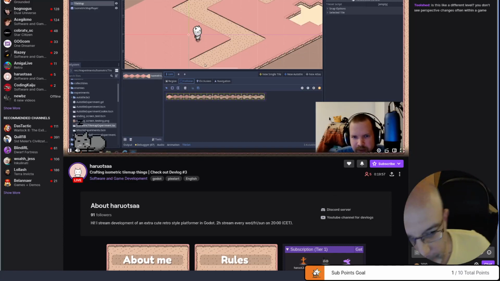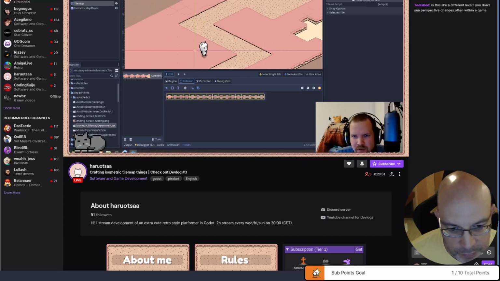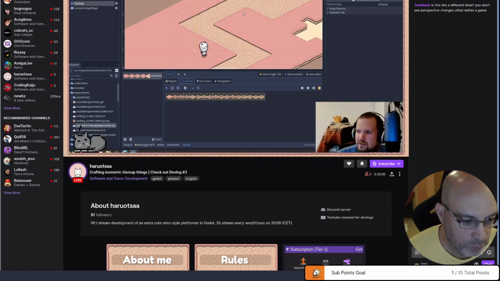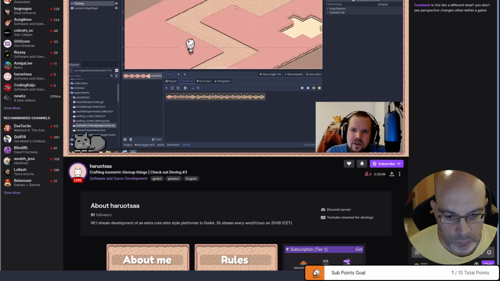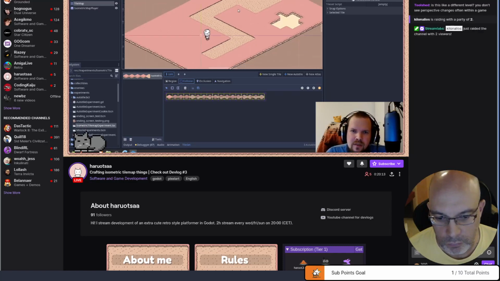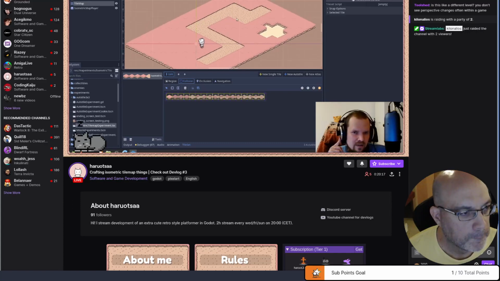And this would be like the roaming area where the player can freely go around. Is this like a different level? You don't see perspective changes often within the game. No, this is not another level. What I'm planning to implement with this isometric style is kind of like a level select